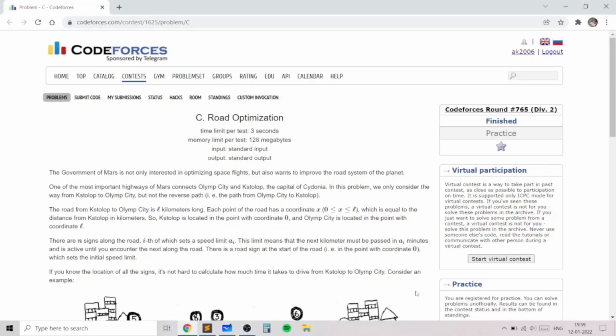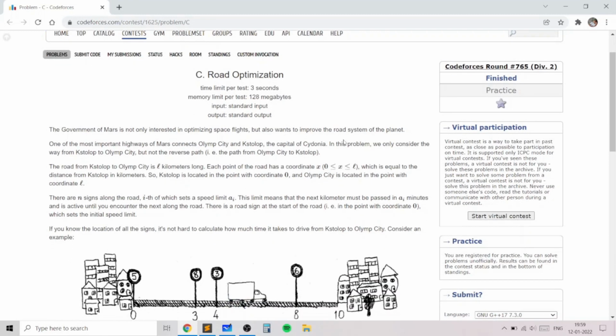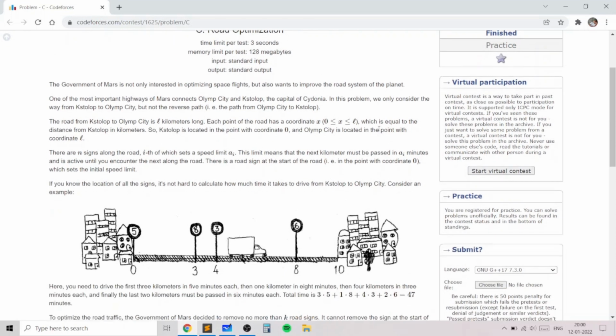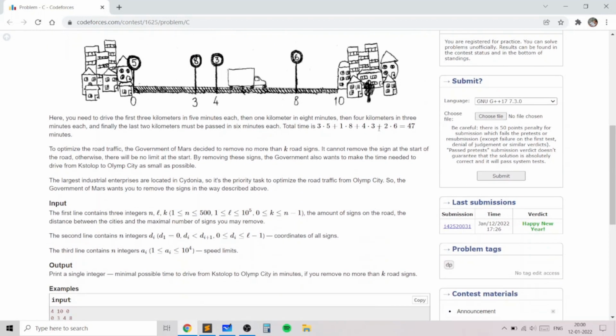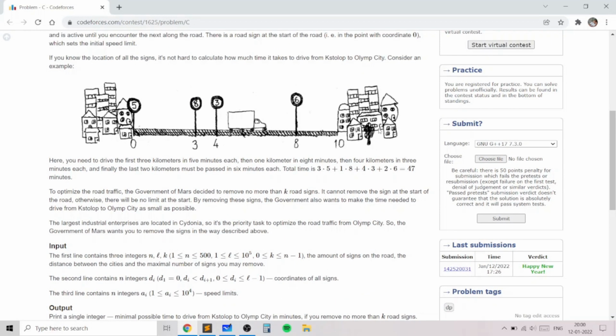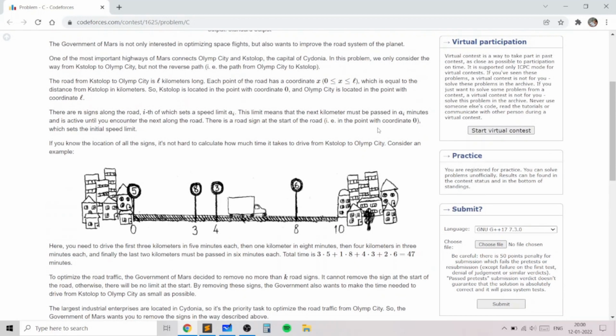Hello everyone. In this video, I will go over my solution to the problem named road optimization taken from today's Codeforces round. This problem is an excellent problem which teaches us how we can use two-dimensional dynamic programming in order to solve an optimization problem. And this problem would have a rating between 1700 and 1900 because it uses a simple DP idea, but the transitions are a bit complex and require deep thinking.